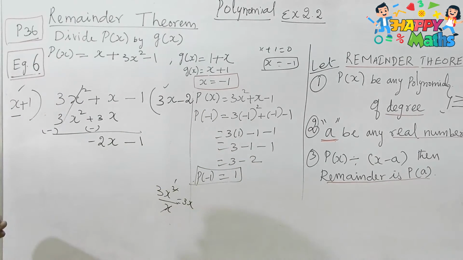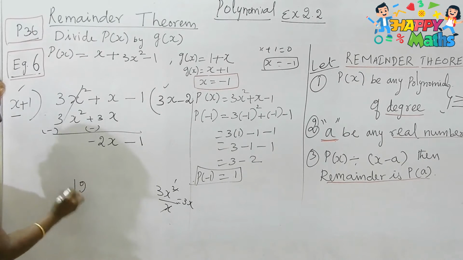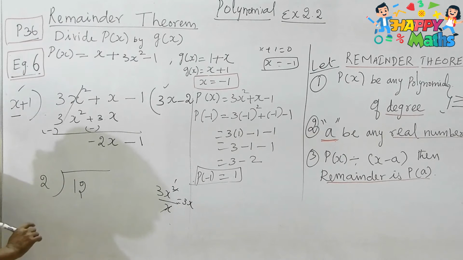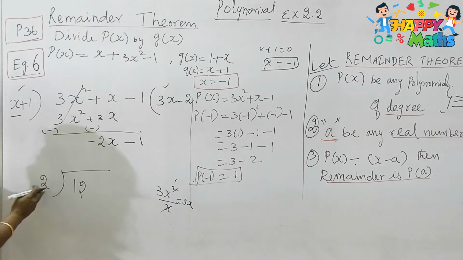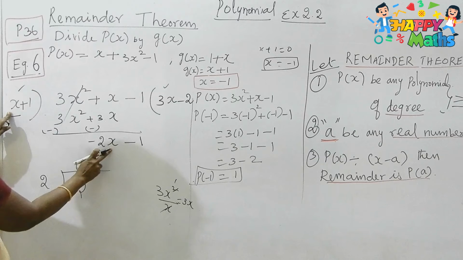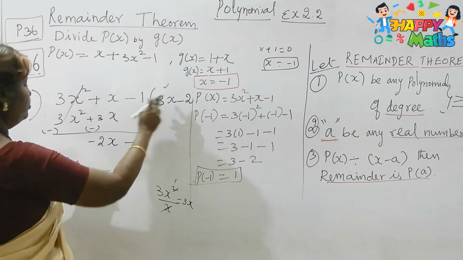Once again, let me make it very clear. It is like, how? If it is 12, here it is 2. I used to ask my children, how many 2s are 12? So what number if you multiply, you will get 12? By 6, no? So 6 we are writing. The same way, if you multiply by x, how will you get this x? Minus 2x. So when you multiply only by minus 2, I have written this minus 2 here.